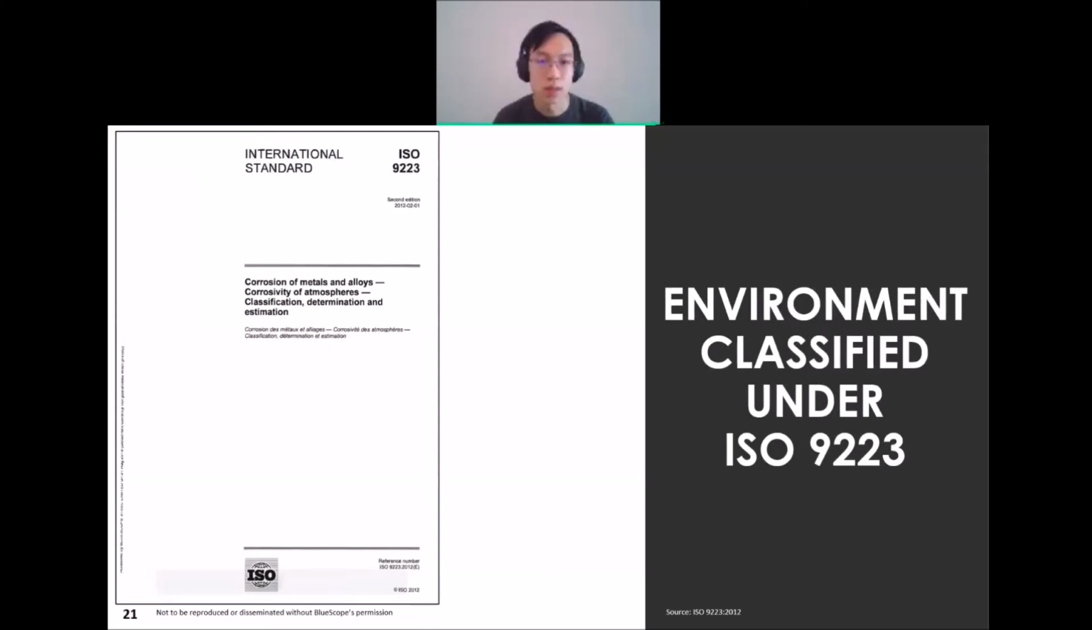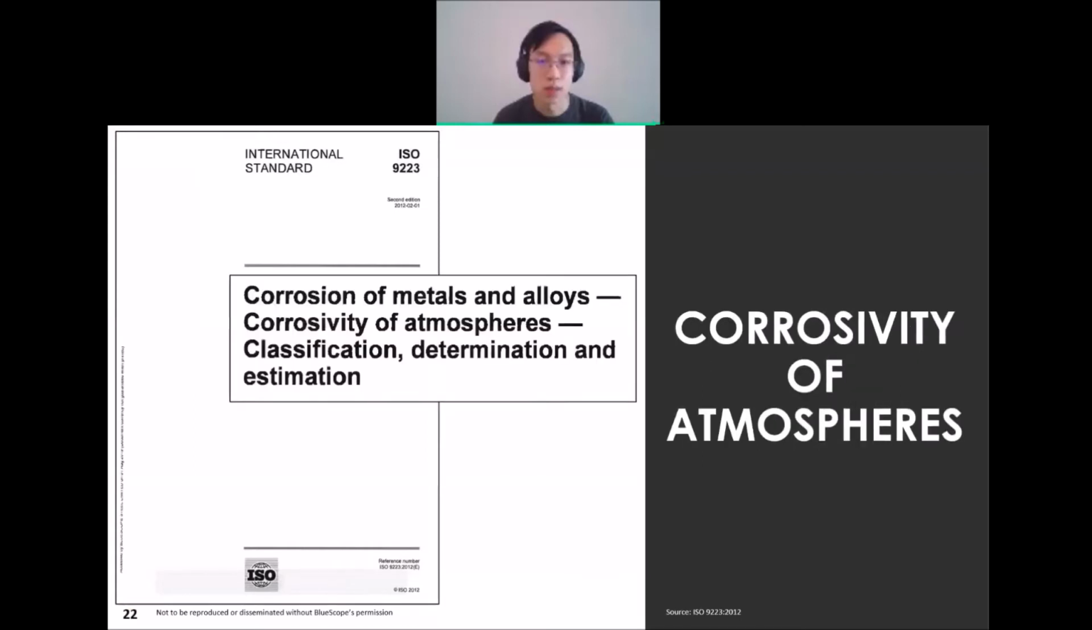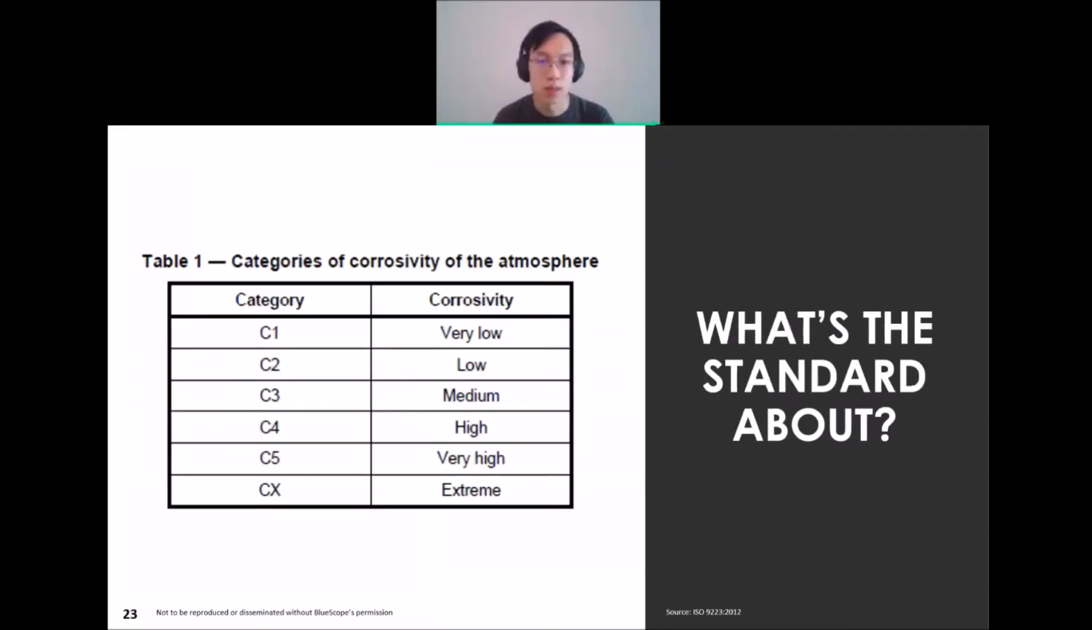All right. So another thing you have to understand about the outdoor weathering test is that there is actually a standard established to determine the corrosiveness of an environment, right? The reference code is called ISO 9223. It's actually an international standards document. And this document itself establishes the corrosion of different types of metals based on different types of environment, right? So the conclusion for this standard is that they will